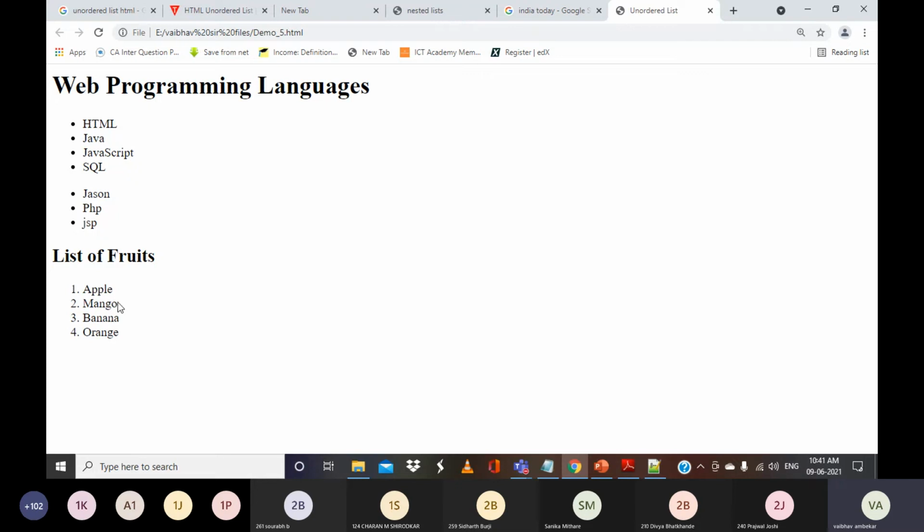You can see that all the list elements are appearing with a unique number starting with 1, 2, 3, 4. The difference between unordered list and ordered list is what? In the case of an unordered list, the orderedness is not so important, whereas in the case of the ordered list, the orderedness is very much important. In an unordered list, the list items will appear with bullets, whereas in an ordered list, the list items will appear with unique numbers starting with Arabic numbers 1, 2, 3, 4 and so on.